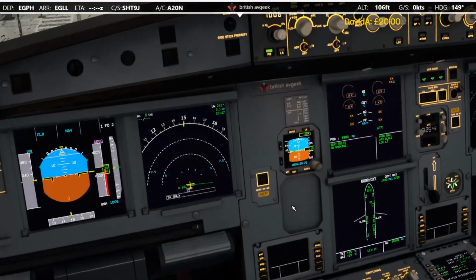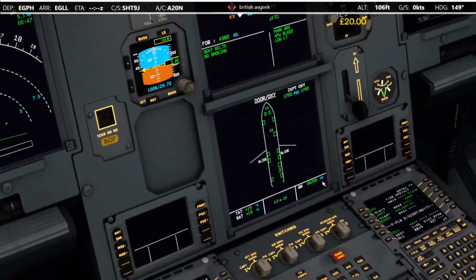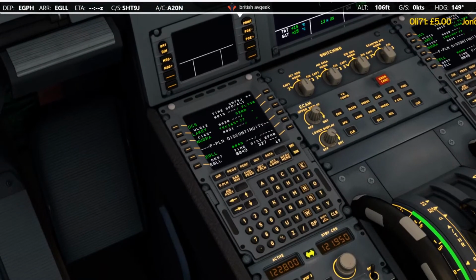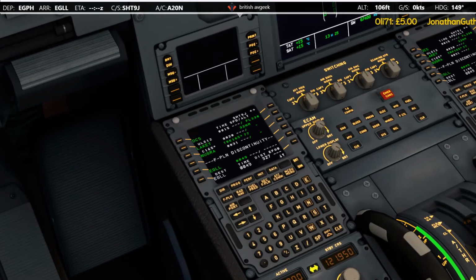We've gone ahead and started the boarding process inside the MCDU. You can see there that we're slowly adding people in at the moment, and we're configuring for a NUGRA 1 hotel, I think. But I'm not sure what the